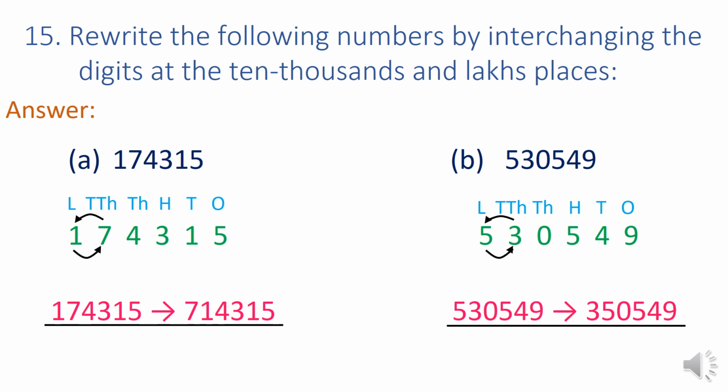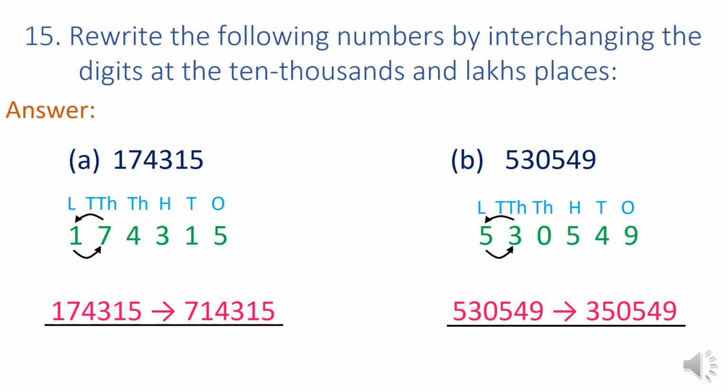So our answer is 7,14,315. Our second number is 5,30,549. In this number,